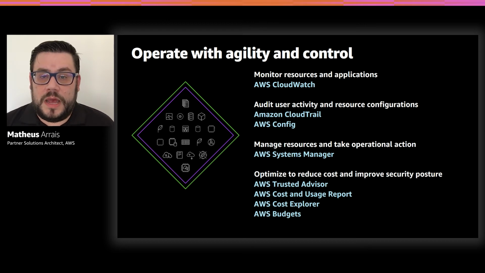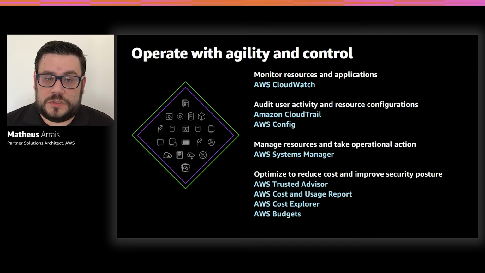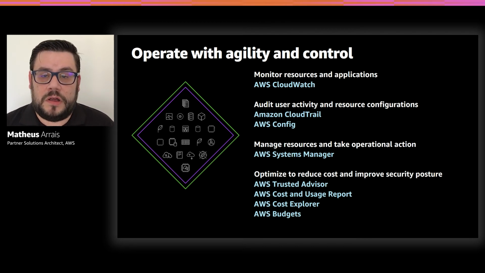So for monitoring, I have Amazon CloudWatch. For user activity and resource configuration, I have AWS CloudTrail and Config. For managing resources and taking operational actions, I have AWS Systems Manager. And for optimizing, reducing cost and improving security posture, I have AWS Trusted Advisor, Cost and Usage Report, Cost Explorer,